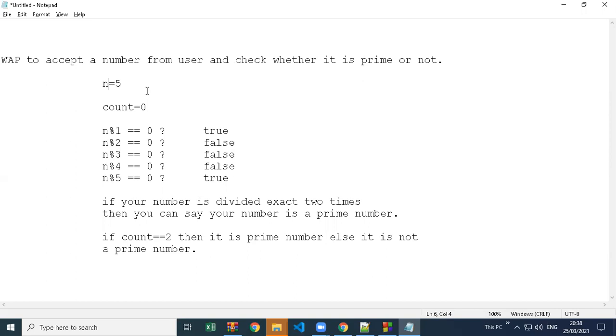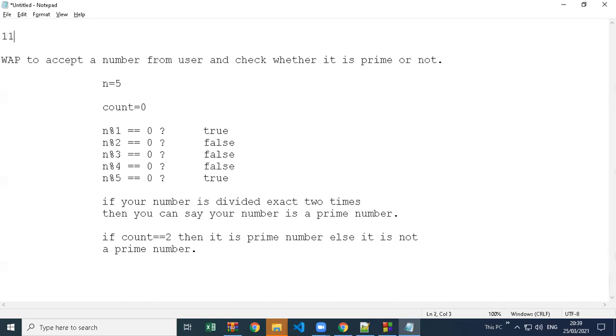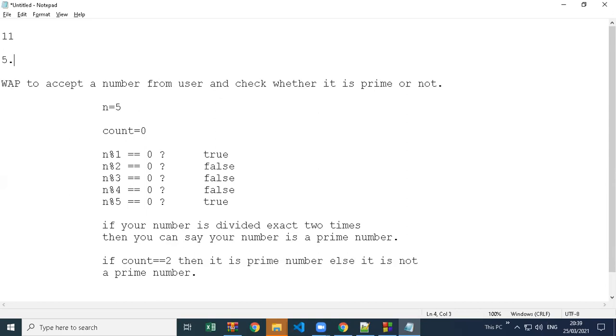No, that's not a correct logic, because if you see, every number is divisible by its half. If you have 8, it is divisible by 4, so you are saying it is not a prime. But if you take 9, 9 is also divisible by its half, 4.5. And if you take 4, it is not divisible, so you will say it is not a prime number. But if you say 11, then half of 11 is 5.5, and if you take the integer 5, it is not divisible, so it is also not a prime number then.